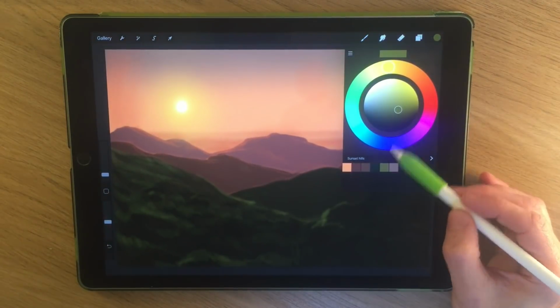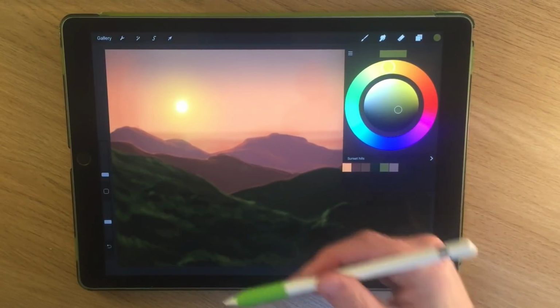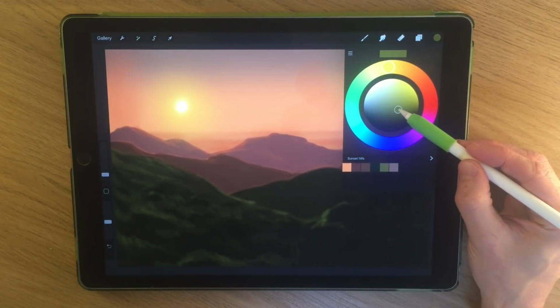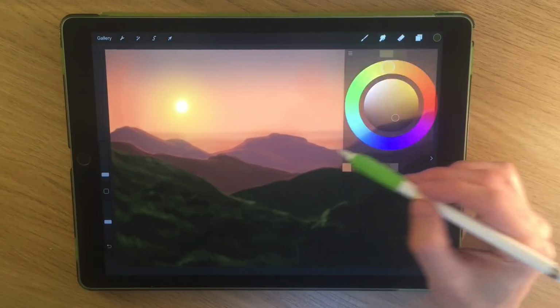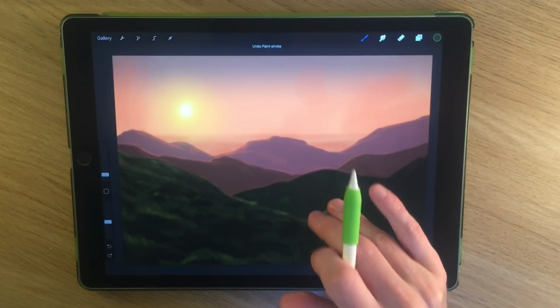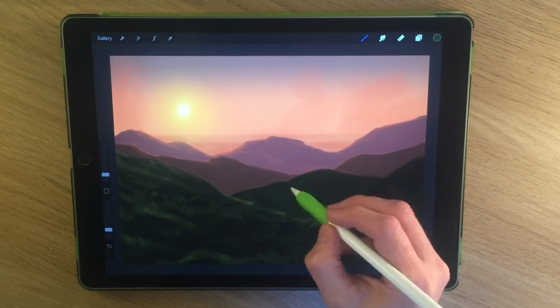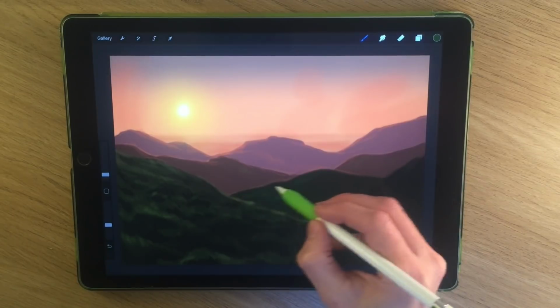Likewise for this area. So I've got two different colours there. I kind of want to go somewhere between the two for the distance. So I'm going to stick with this one, maybe just make a slightly darker version of it. In fact, I could even push it more towards the greens. Just test that out, it's fine. I'm going to soften or turn the opacity down now. Introduce a bit more here,